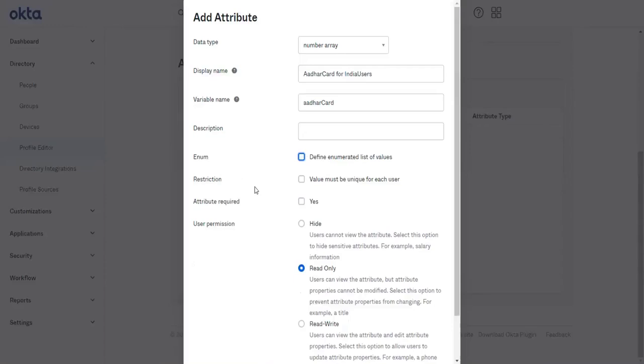So we can check this: value must be unique for each user. Then attribute required: whether that attribute is mandatory whenever the user account is getting created or not.